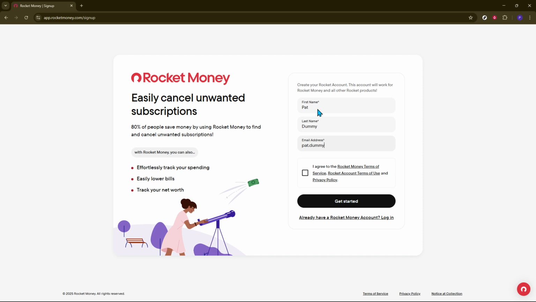Following that, you will be prompted to enter your email address. Make sure to use an email address you have access to, as Rocket Money may send you important notifications or confirmation emails. Now that your name and email are entered, it's time to look for and check the box indicating